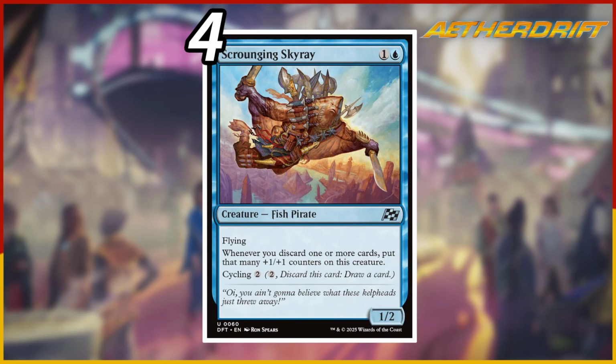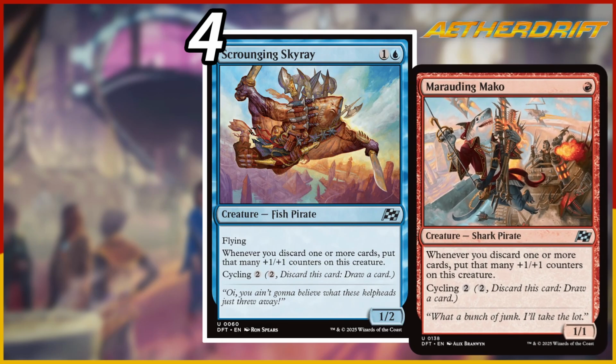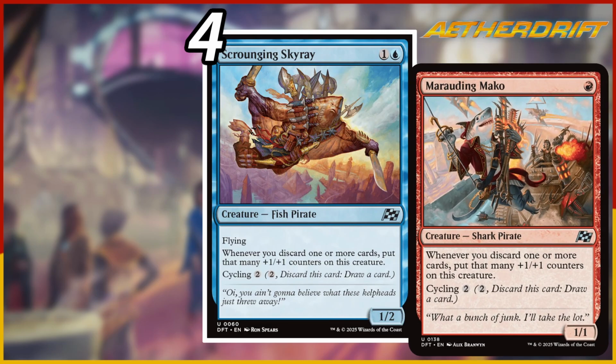Sure, you could go full in on Scrounging Skyray and just draw and discard for the sake of activating them, but it also means that we can have all those other discard payoffs in our 99 that we don't always get to play with, and that's really fun. Now, there was another card in the set that had the same effect, but it was a 1-mana 1/1 and didn't have flying. It was red, and while I think it has similar potential, that flying makes a huge difference,